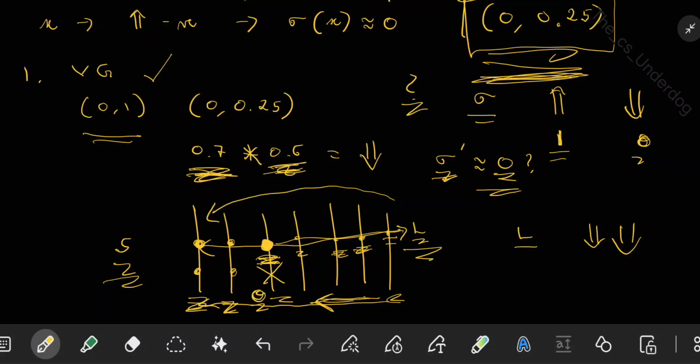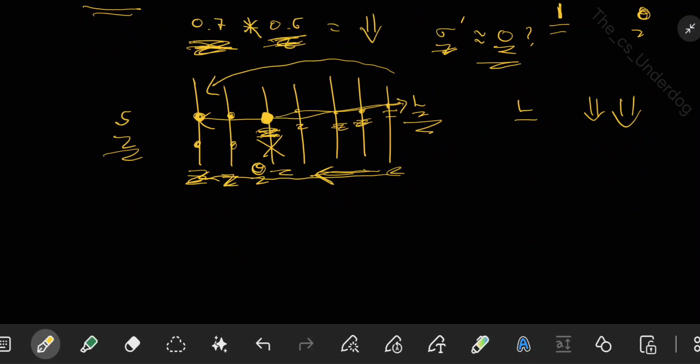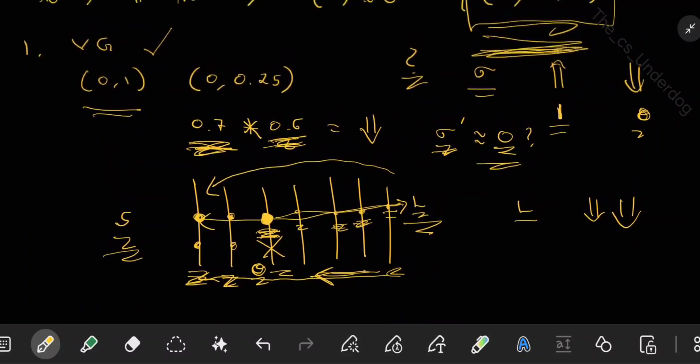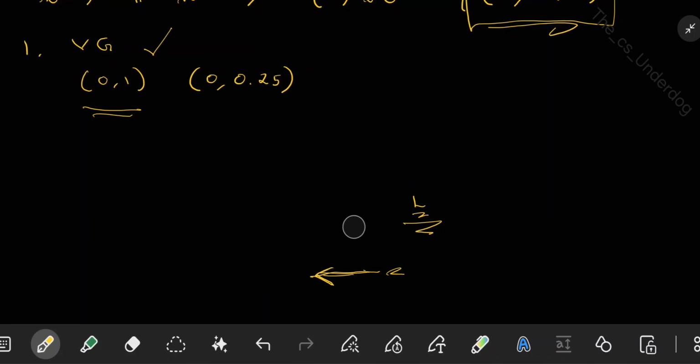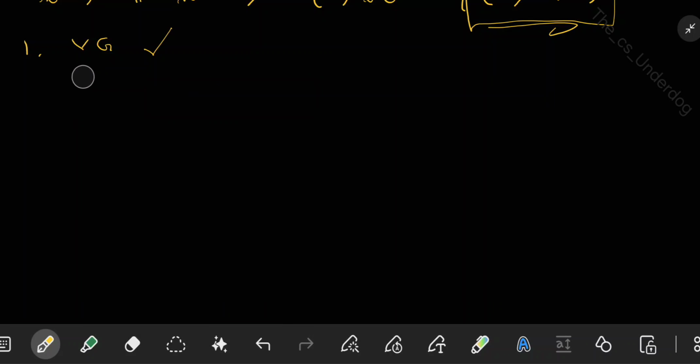Let us see the next problem. This is also a very significant problem with this activation function. Let me erase these things off. Okay, so what is the second problem? Second problem, which is also a very significant problem. The second problem is that it is not